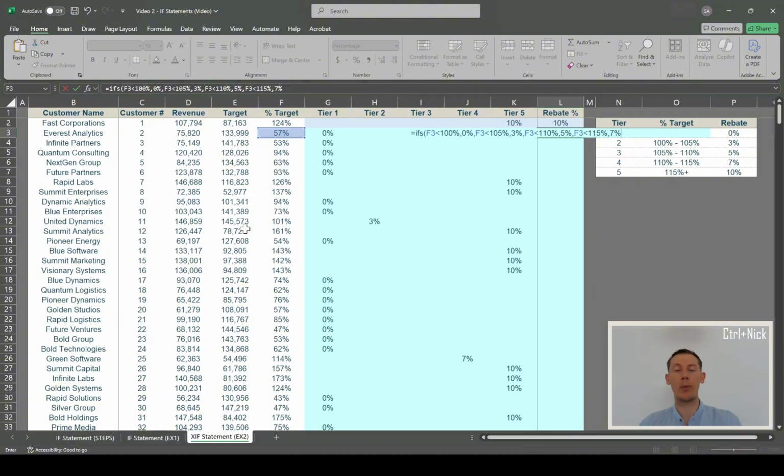Now, we've gone through almost all the tiers, and now we want to close it out to get the full spectrum of percentages, right? Because now we have from negative infinity all the way up to 115%. But now we want to do the final logic being if 57% is greater than or equal to 115,